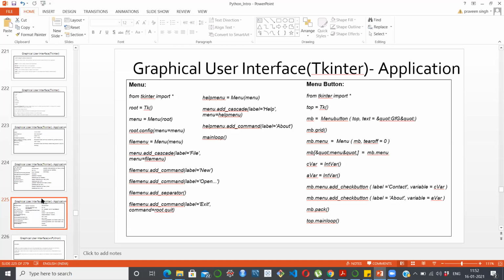When you wanted to open some file from some location, you use that label as Open. And then we have the Help menu, which is nothing but the menu. Now in the menu button, you can get a lot of things. What exactly are we getting? You are getting checkboxes, check buttons basically, where you are going to say about contact and all.